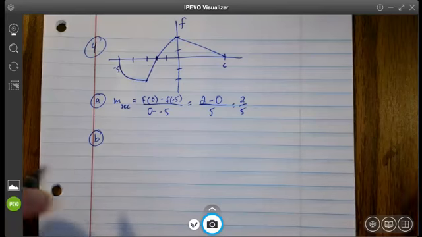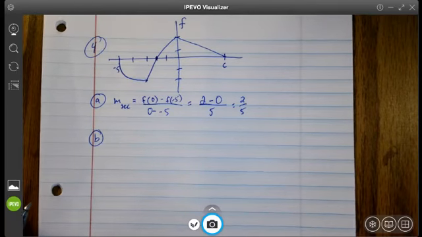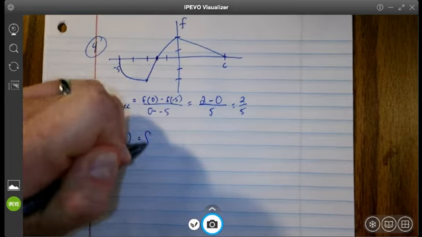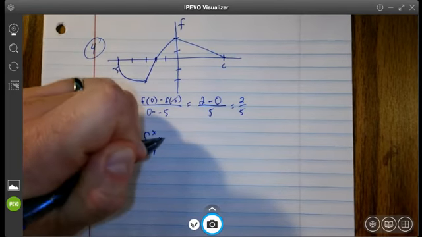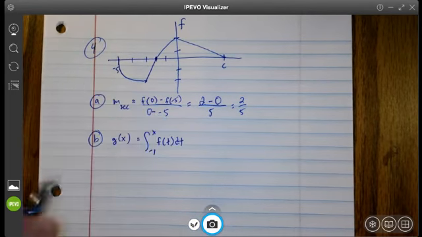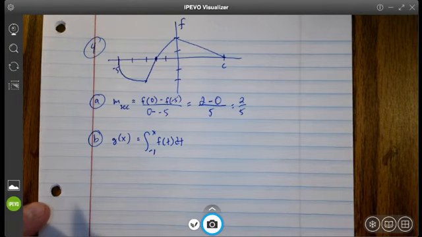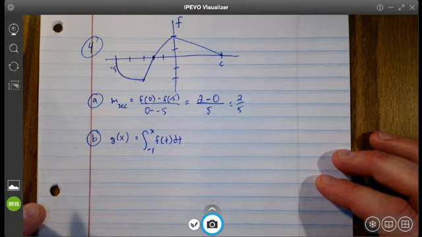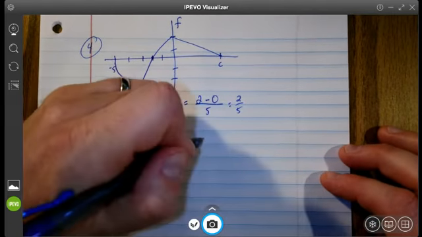All right, so for question number 4, part B, the problem says for x between -5 and c, let g be defined by the function g of x equals the definite integral from -1 to x of f of t dt. Find the x coordinate of each point of inflection on the graph of g. Justify your answer. So what we need to remember is that a point of inflection